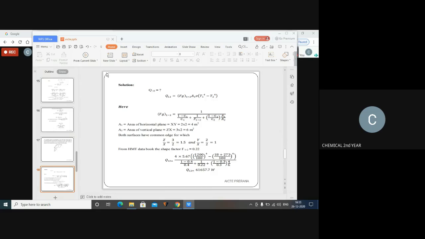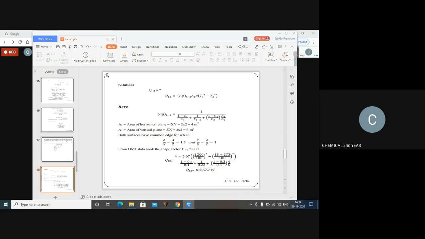Now you have to find out the value for Q. Here you have to substitute the value for Q in the equation of Fg 1 to 2 and A1 into sigma T1 power 4 minus T2 power 4. So for finding out the Fg 1 to 2, you have the equation here as 1 divided by [(1 minus epsilon 1) divided by epsilon 1 plus 1 divided by F1 to 2 plus (1 minus epsilon 2) divided by epsilon 2 and A1 divided by